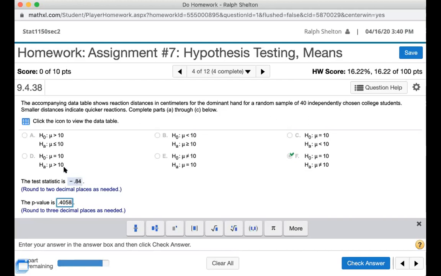So whatever the value of t star is, we have negative that value. And if this value is less than that, so it'd be a bigger negative number than the negative t star, we reject. Or if this wasn't a negative number, had we gotten a positive number for the test statistic,